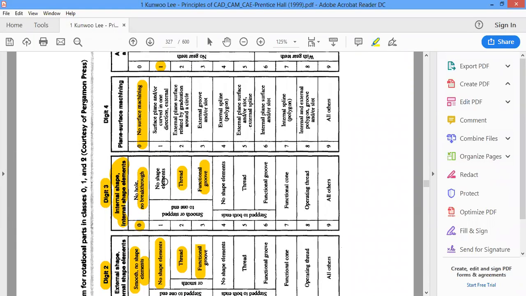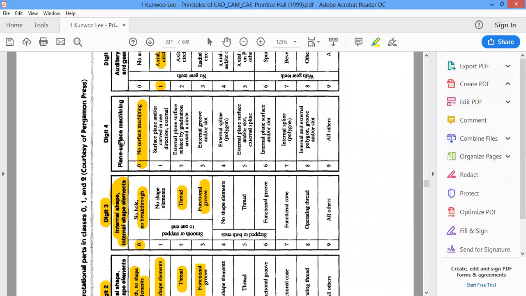And then the fourth digit is for plane surface machining. What is the type of machining that has to be done? It can be no surface machining at all, because, for example, the outer casings of pumps need not be machined. Once it has been cast, that's the end of it, so no machining is needed on the outer surface.